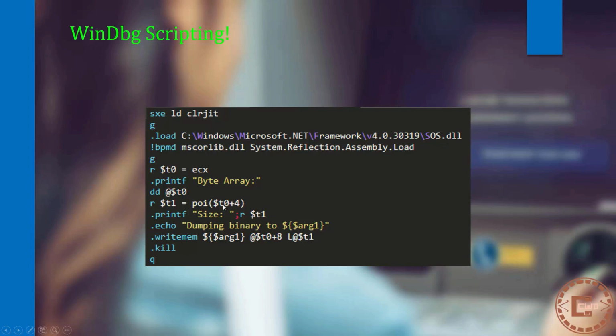Then we know that this t0, which is ECX plus 4, we have the size, so we are dereferencing that address, and the content is assigned to t1, which is the size. And finally we do the writemem, which is a WinDBG command. We receive an argument, which is the destination file, the t0 plus 8, which is the MZ header, the starting address of the MZ header of the binary, and then t1, which is the size to be dumped, and that's it. We run it through CDB,